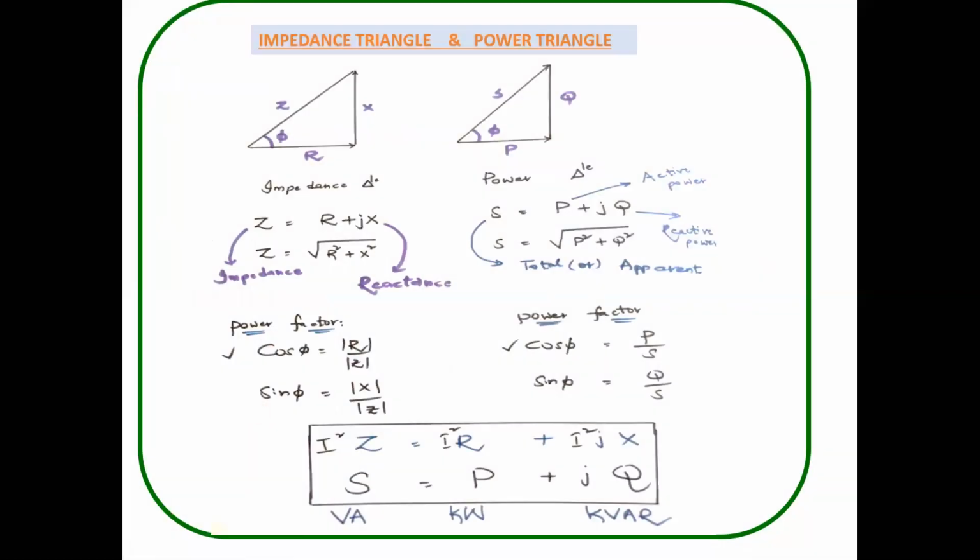Next, observe these two parts here, impedance triangle and power triangle. Impedance in the sense, we know resistance opposes the flow of current, and we also know X is nothing but reactance. In between them it is perpendicular. The effective value of these two parameters is nothing but Z. Z is equal to R plus jX. Z equals the square root of R square plus X square. X is reactance, Z is impedance. The units for all these components are ohms only.